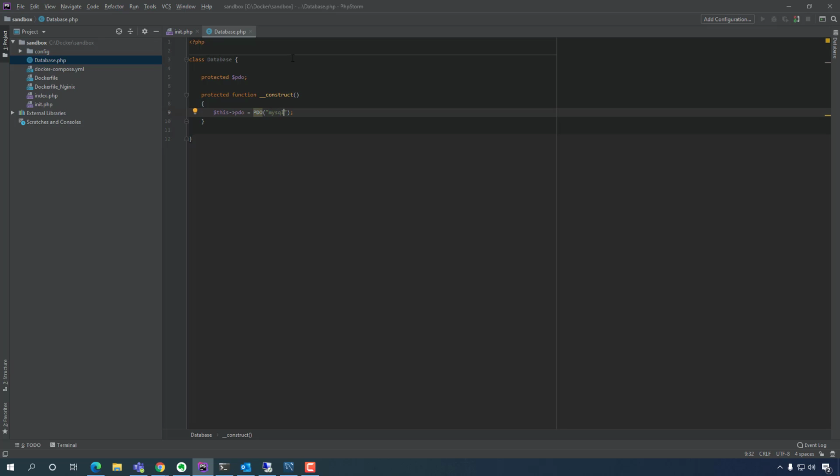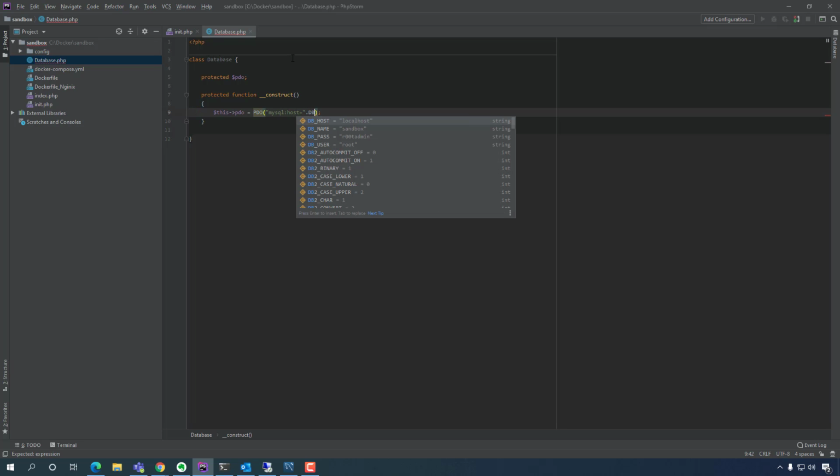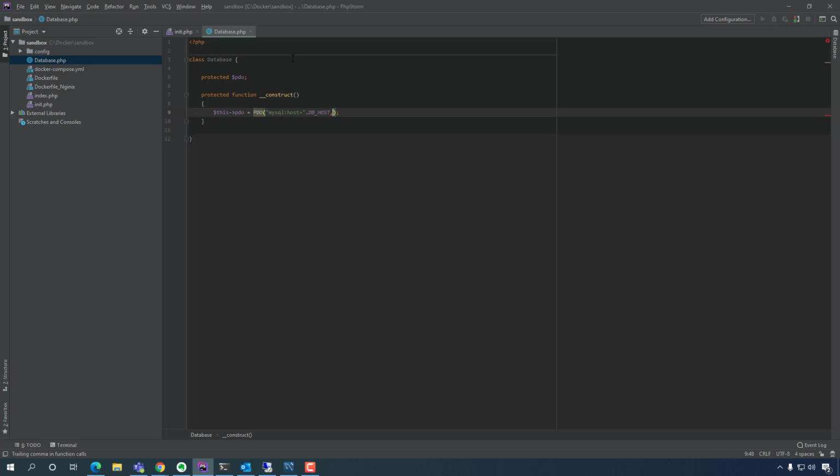So this one would be the MySQL. Okay, that's the database we're using, and the host. So this is when we're going to start concatenating things. So we're going to say host equals, right? And then we're going to do dot to concatenate, and then we're going to say DB host. I'm sorry, not dollar. We didn't name it dollar, just DB host. There you go. And then we're going to end at that. Did I end this MySQL dot? Yeah, I did. Okay. So from here, we're going to end that string with the semicolon,